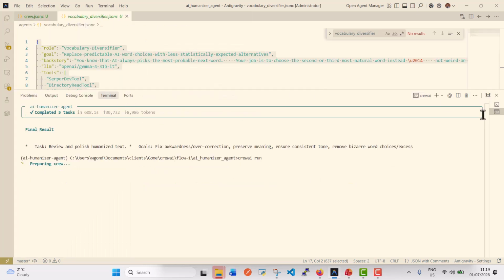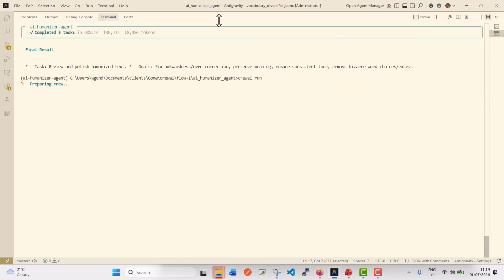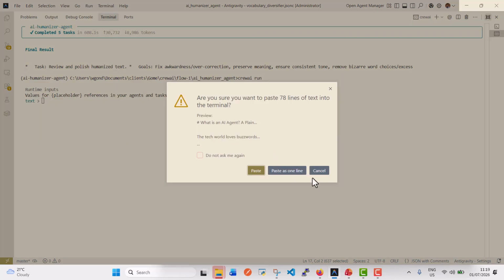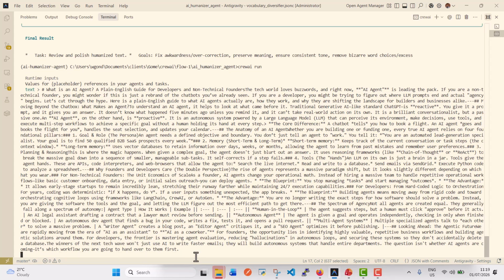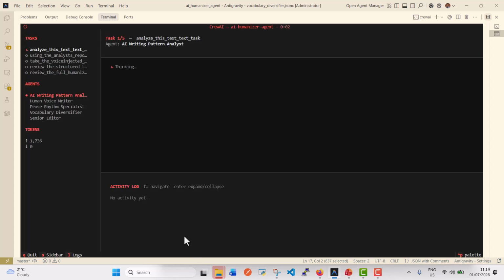Let me close this and let me maximize that. So it says we need to add the text. So I'm going to paste the text here as one line. And after pasting it, I'm going to hit enter. And now you can see that